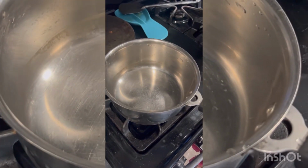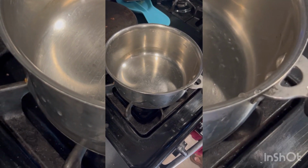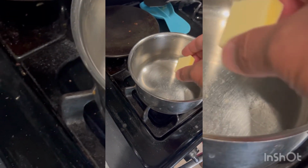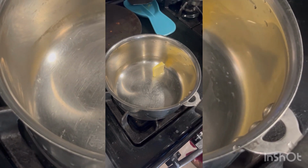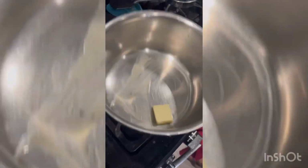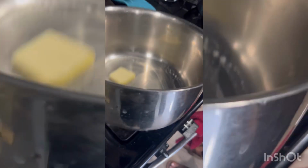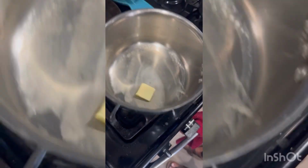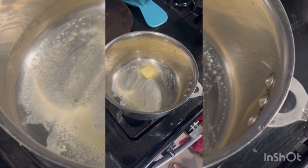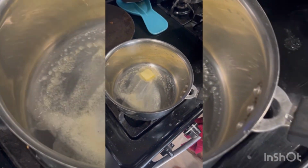Okay, so now this is the final boil which we are doing. Another 1 tablespoon of butter here. We will put it in a preheated pan, and then we'll put the soup in this one for the final boil. So we will boil for another 5 minutes or so, and then we will slow cook for another 5 to 10 minutes. So if you want soup with thicker consistency, you can slow cook it for an extra 5